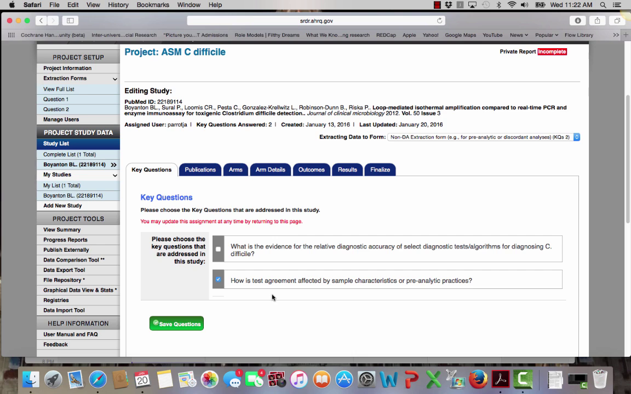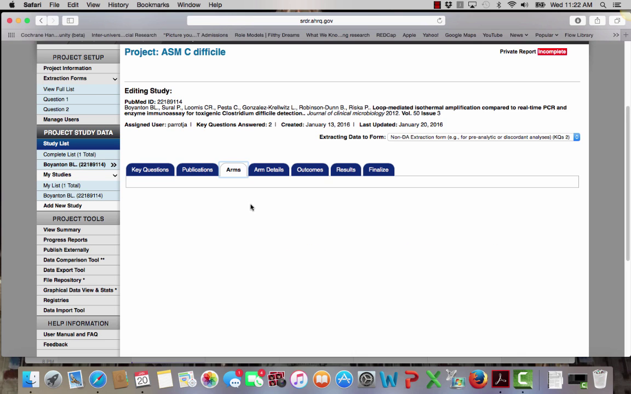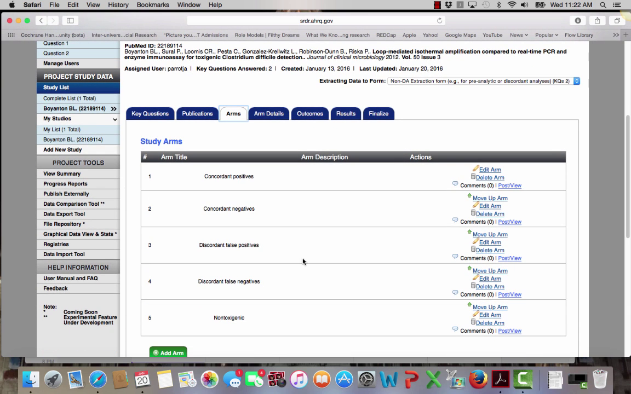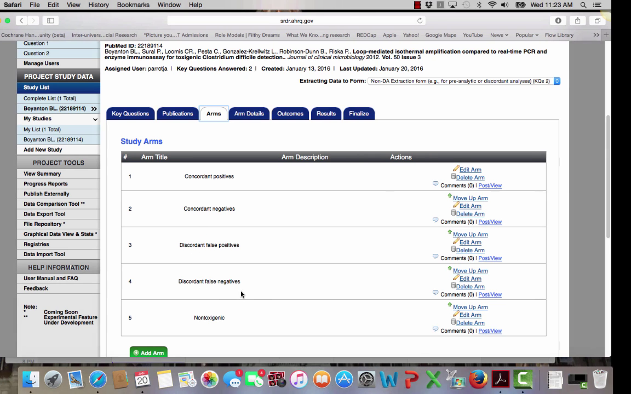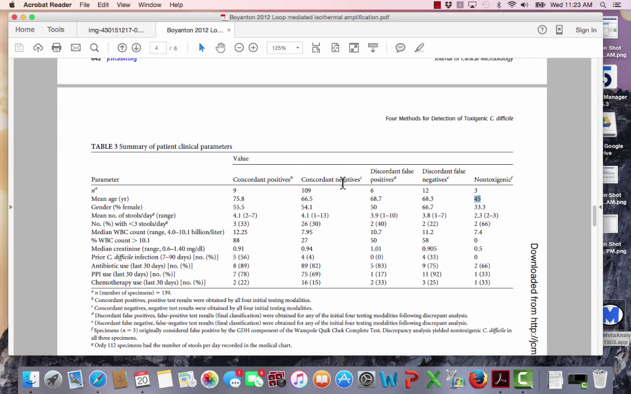What is the most usable? What would your analysts find the most friendly? So I'm going to jump to arms, and you can see here that I have actually defined as arms each one of the discordant categories. So concordant positives, concordant negatives, discordant false positives, discordant false negatives, and as you can see that corresponds with my